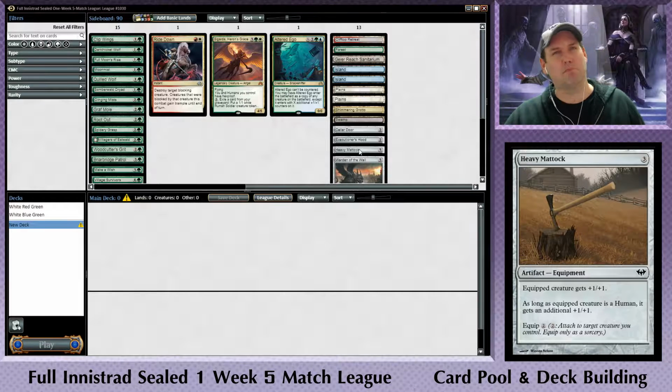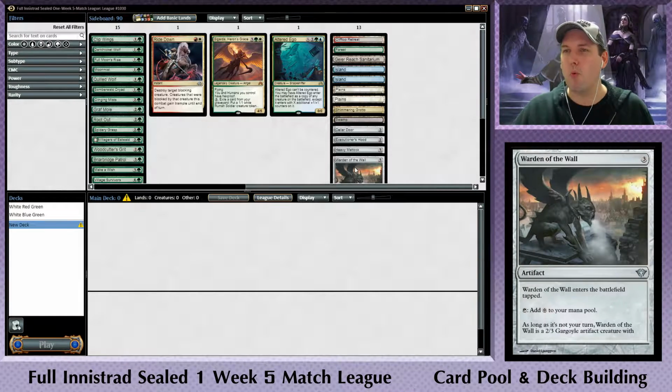And last, but possibly not least, we have Warden of the Wall. I'm going to read this, and you'll see why in just a second. For 3, you get an artifact. Warden of the Wall enters the battlefield tapped. Tap it to add 1 colorless mana to your mana pool. As long as it's not your turn, Warden of the Wall is a 2/3 Gargoyle artifact creature with blank. They left it blank. They didn't say what it comes with. I'm assuming it's flying, and I think, let's see, we can...